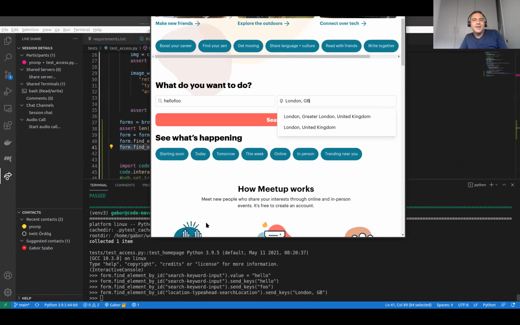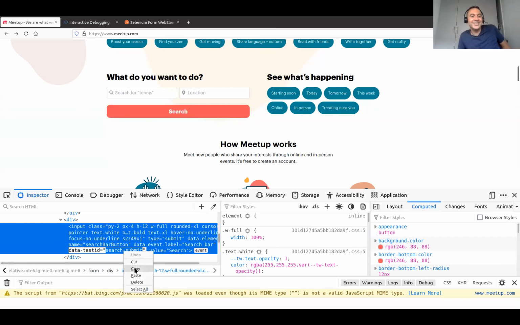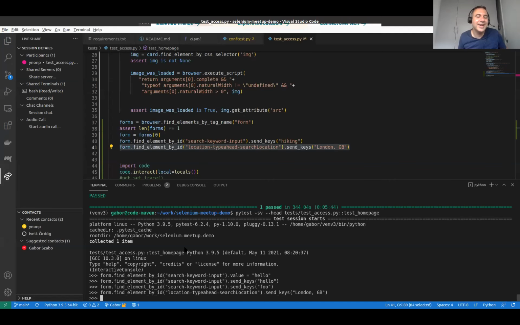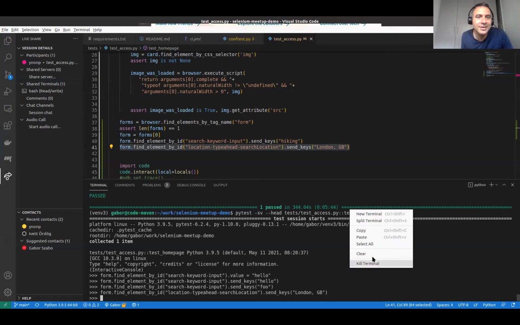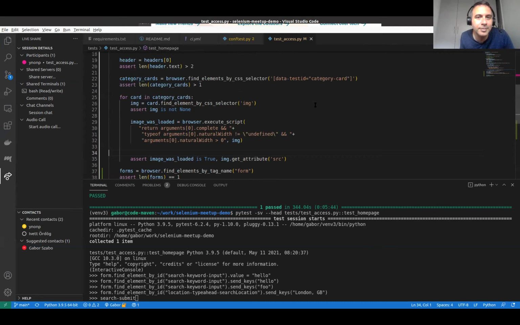Yay. Okay. And the search button is input. It has a data test ID. That's okay too, so let's use data test ID. You can see how I used it in line 20 above. Scroll up here, line 22.